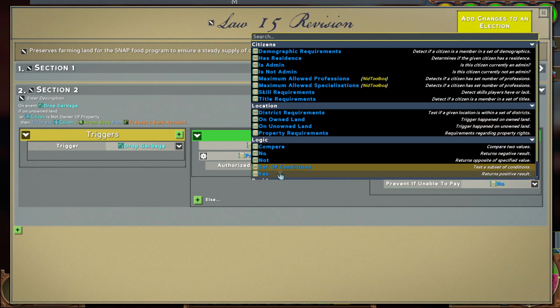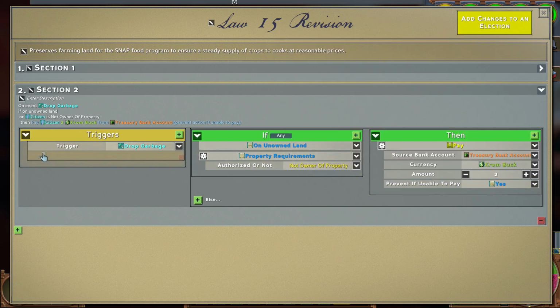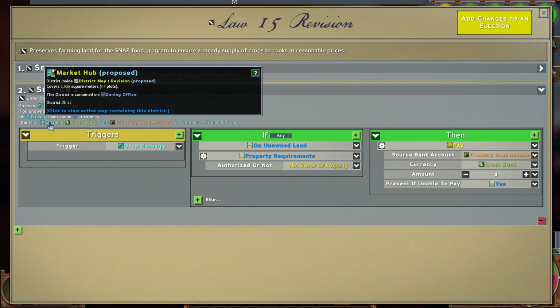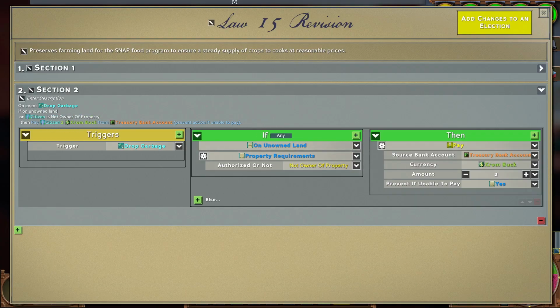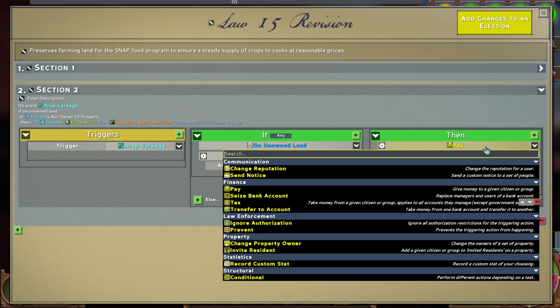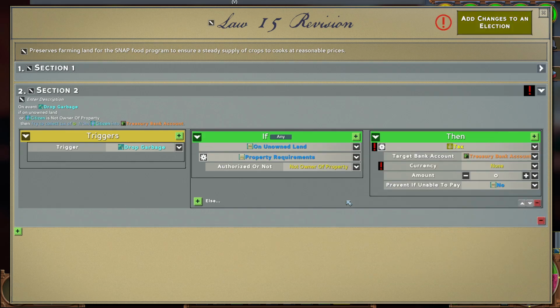And let's say yes. So basically here we've added a few more conditions now. If you drop garbage on some place that you don't own yourself, then you're going to, let's see, pay it. No, we don't want to pay this. We want to tax. We're not going to pay them for it. They'd be paying themselves. That doesn't make sense. We're going to try to collect tax of,